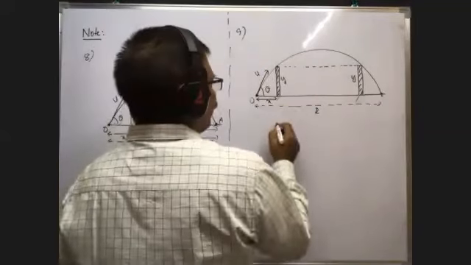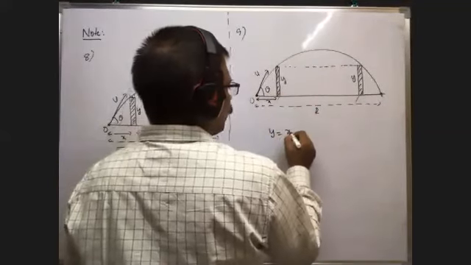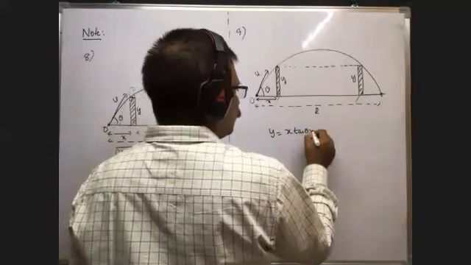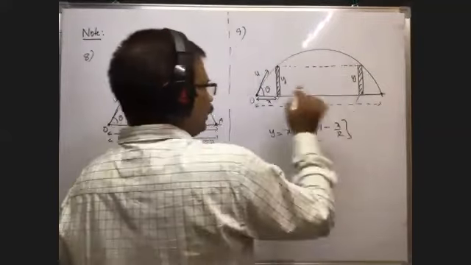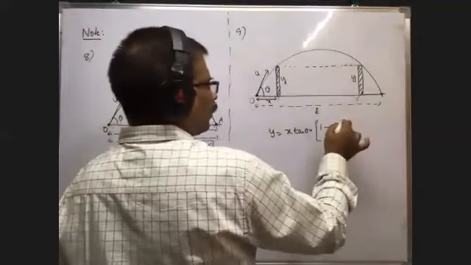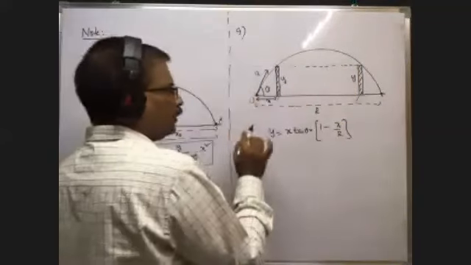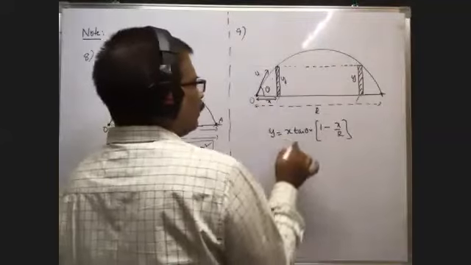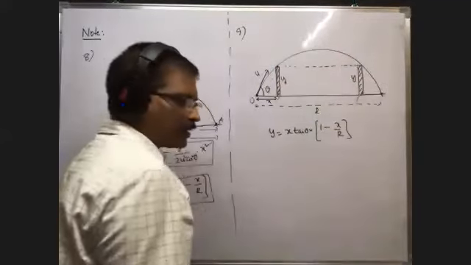Therefore, when you project the body with an angle of projection theta, such that y is equal to x tan theta into 1 minus x by R. R means the distance between you and your friend, you know the R value. x is the distance of your wall from the point of projection. y is the vertical height of the wall. Of course, this height is also the same. Both walls are the same in the colony.